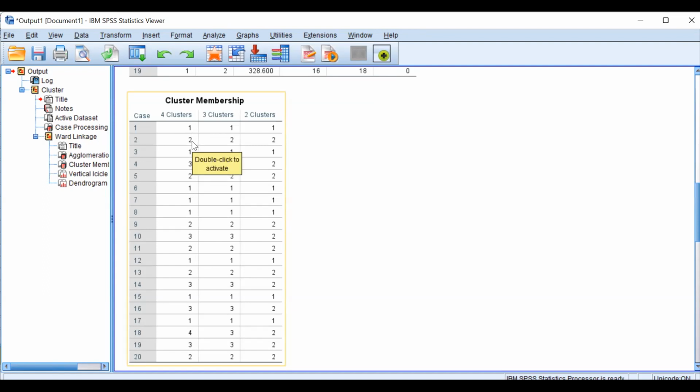Similarly, in cluster number 2, that is respondent number 2, 5, 9, 11, 13, and 20. So 6 people are grouped under cluster number 2. In cluster number 3, we have respondent number 4, 10, 14, 16, and 19. So 5 persons are there in cluster or segment or group number 3. And if you look at cluster number 4, there is only 1 person, that is respondent number 18, which is